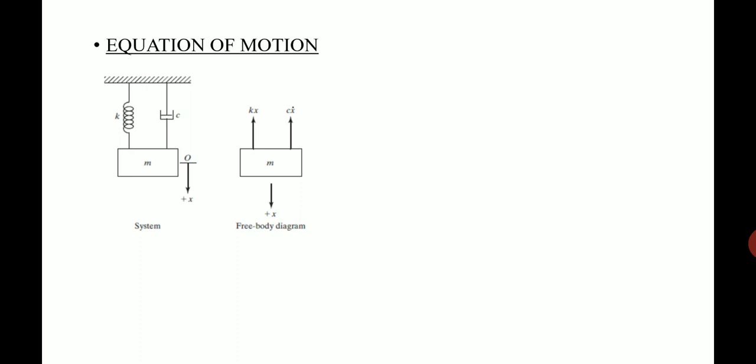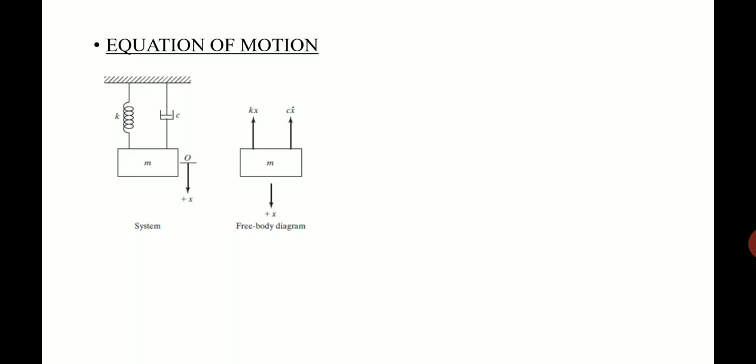So this figure as shown represents a damped vibration system, a single degree of freedom damped vibration system. If it was an undamped system, there would have been only a spring and a mass. Now there is a mass, a spring and a damper. C, as is shown, is how you represent the damper. A damper is actually represented using a dashpot, a kind of piston cylinder arrangement.